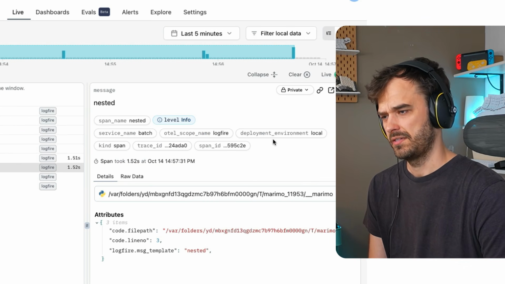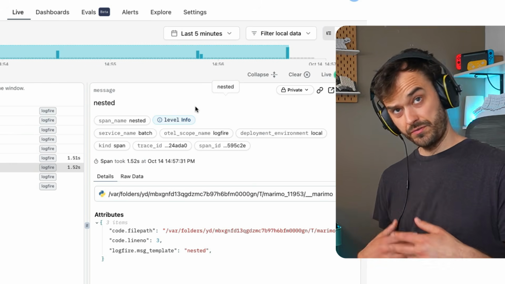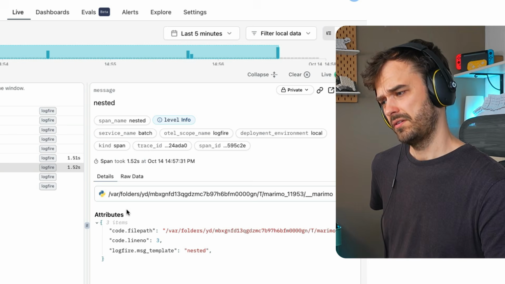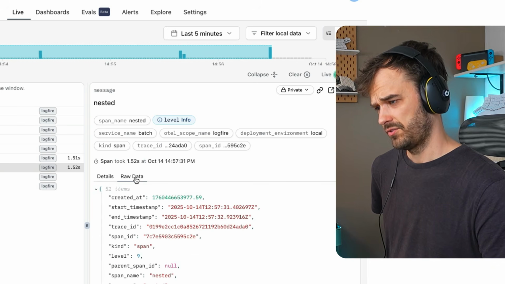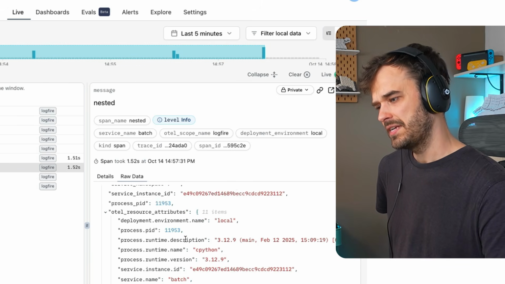You can now also see that there's a deployment environment tag over here, one that's local. So there's all sorts of useful things that we can do as far as logging goes. That is already quite neat. Also notice that you get some attributes over here, right? So you get the file, you get the line number. There's also some raw data that's sent along, like a timestamp and lots of OpenTelemetry data that's also quite